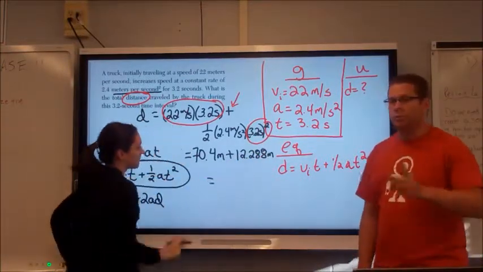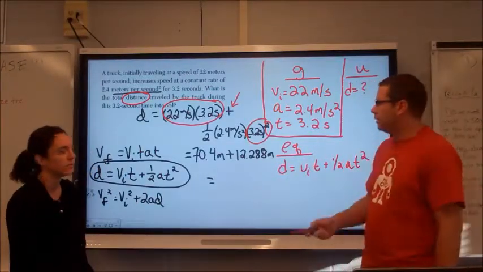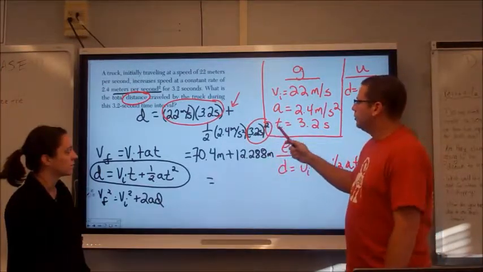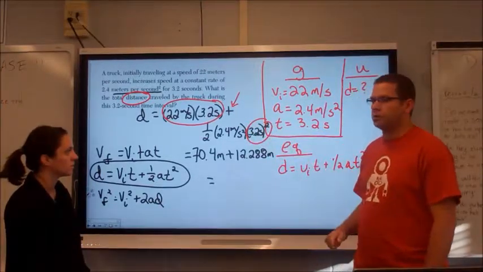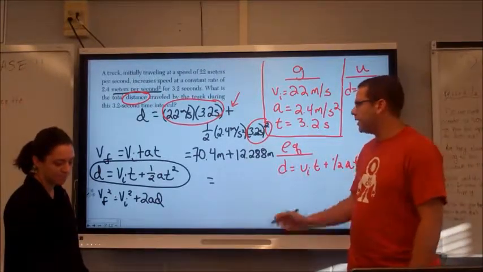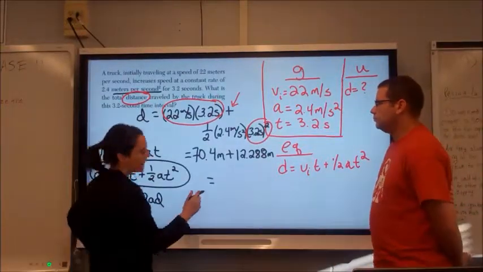Now, hold on one more second. Where did this meters come from? Let's make sure you see it. Because seconds squared would be seconds squared, right? You multiply that by meters over seconds squared. What happens to seconds squared? It goes away. So the only thing you would have left would be m. So then when I add those, I end up with